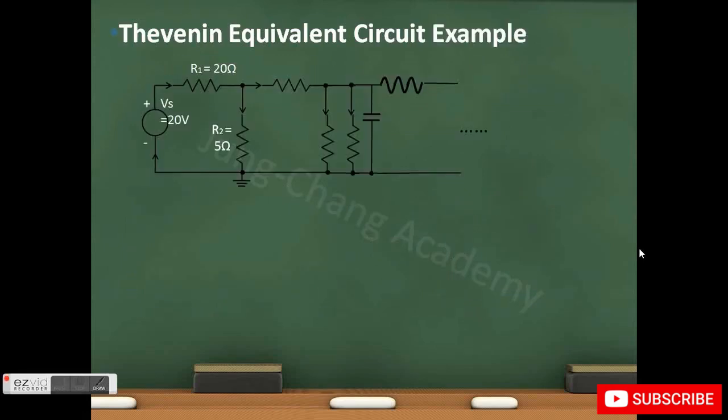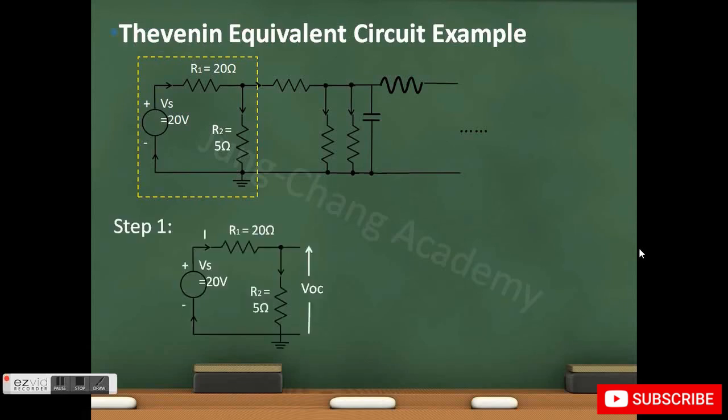Assume we have a circuit like this, and we want to find the Thevenin equivalent circuit of this part. The first step is to find the open circuit voltage VOC. So we open up these two terminals and we want to find the voltage across it. If you look at this circuit, this is in fact a simple case of the voltage divider that we just talked about. So the voltage across R2 is just the total voltage Vs times R2 divided by R1 plus R2,